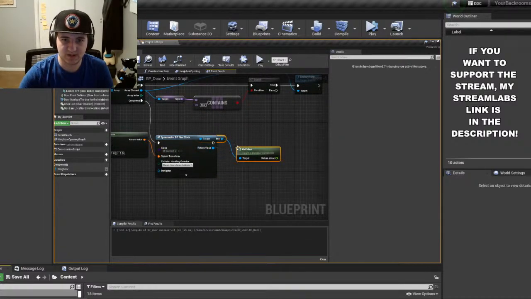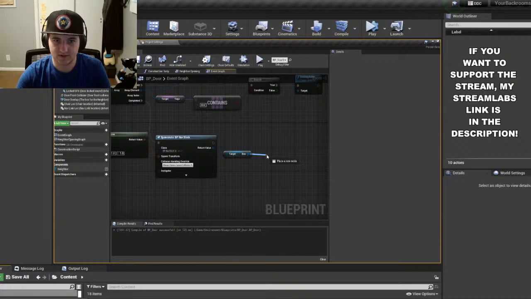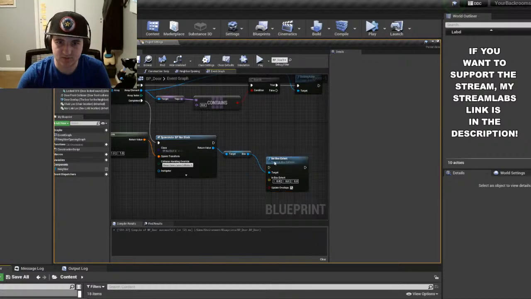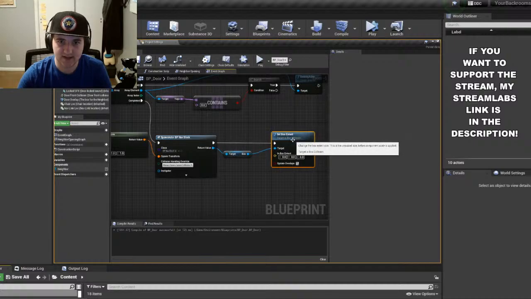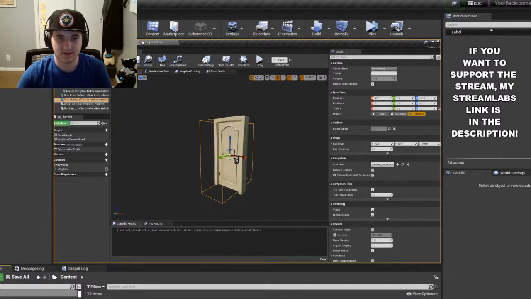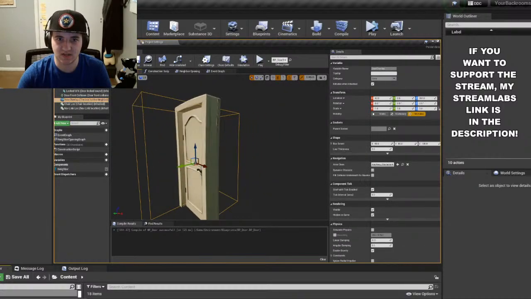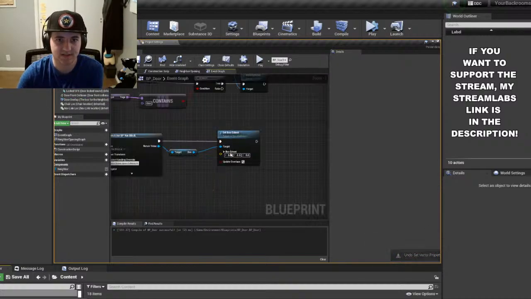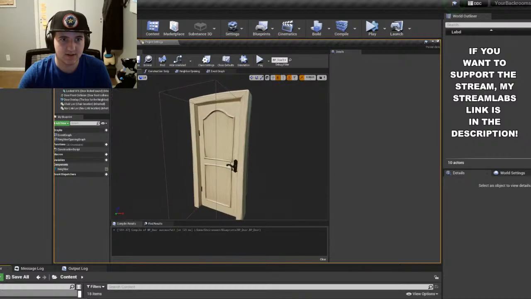And we're gonna get the box. And then we're gonna set box extent right there. And we're just going to make the Y be, let's do, since it's pretty far off, we'll just make the extent for the Y 2, and the